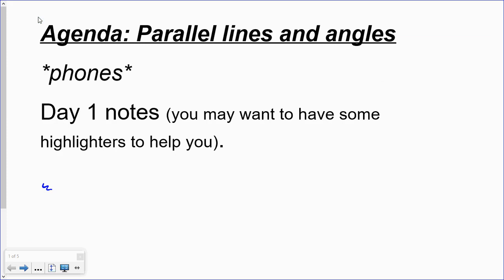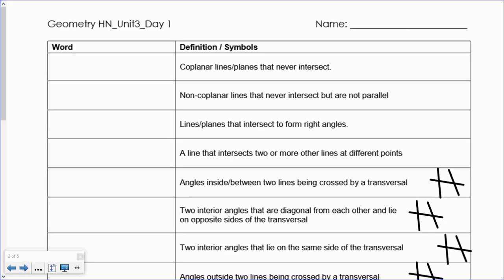Then we'll do vocabulary, and then we'll do a little bit of some central practice too. So again, you have your box of words near the bottom of this page, and then we have the definitions here that we're going to fill out. So what do you think would be the correct word for the definition: coplanar lines or planes that never intersect? Parallel. So we're going to have parallel